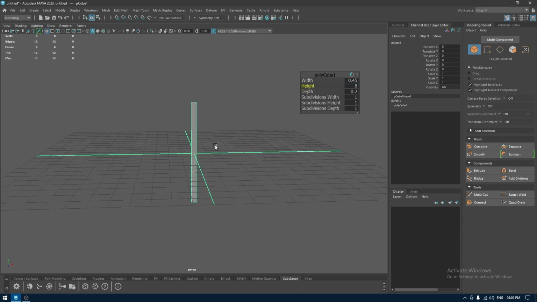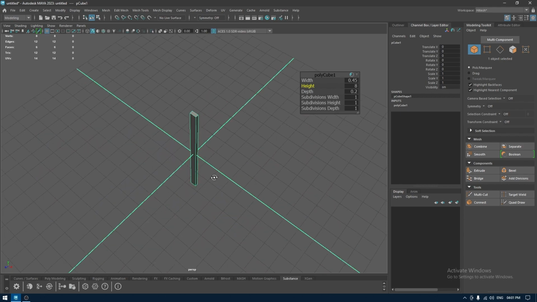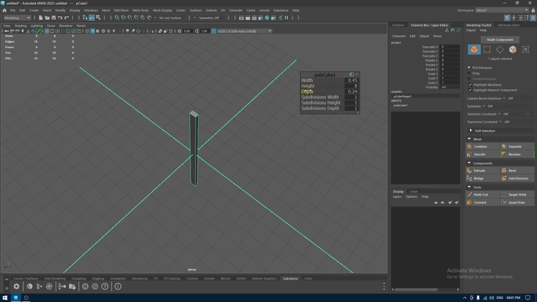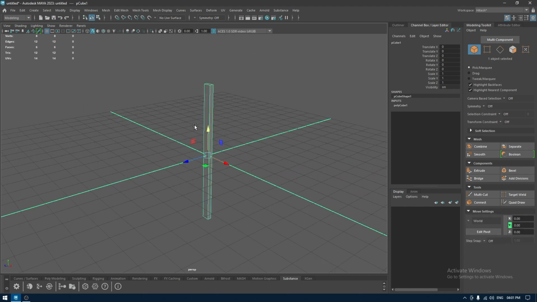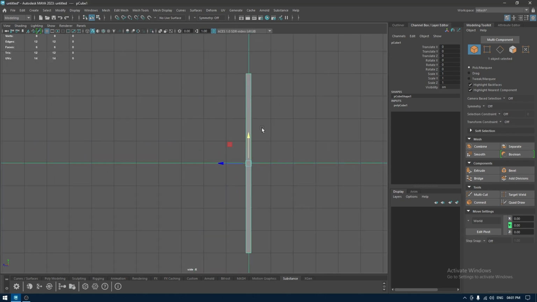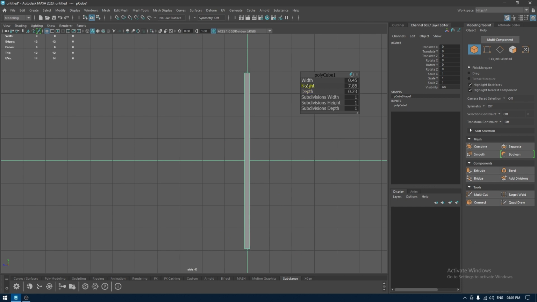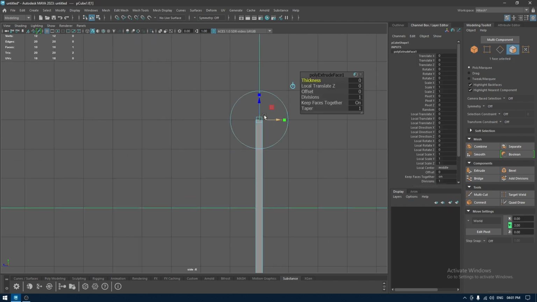Let's turn down the height to something like this. And what I'm going to do is I'm going to select the face on the top and extrude